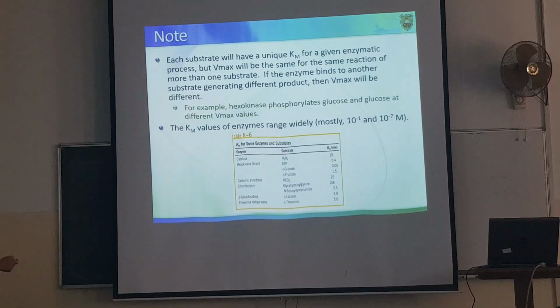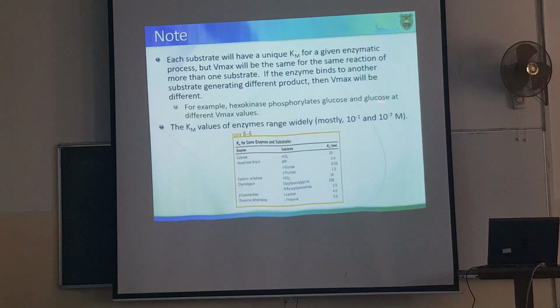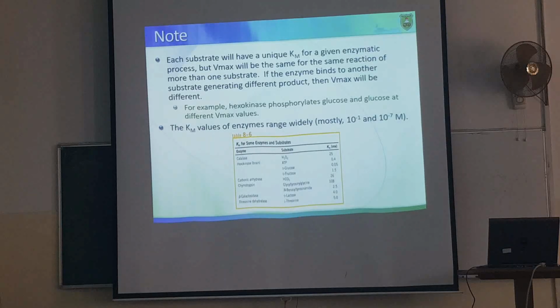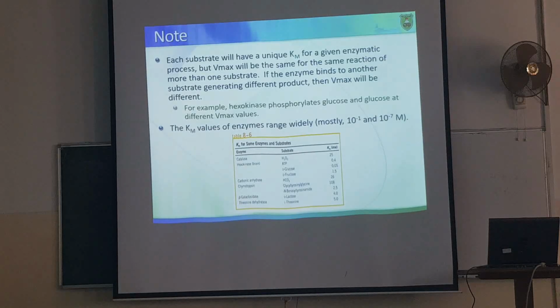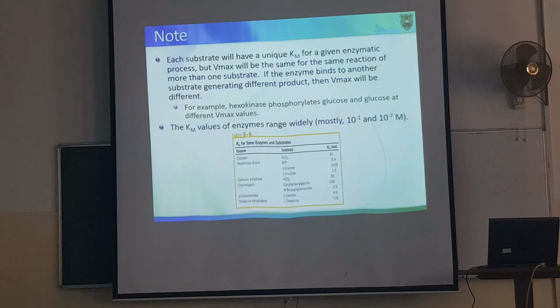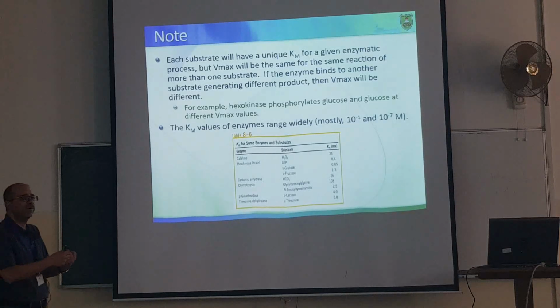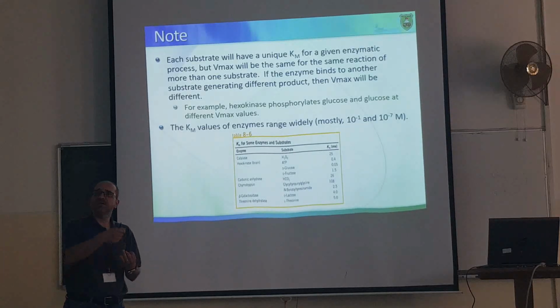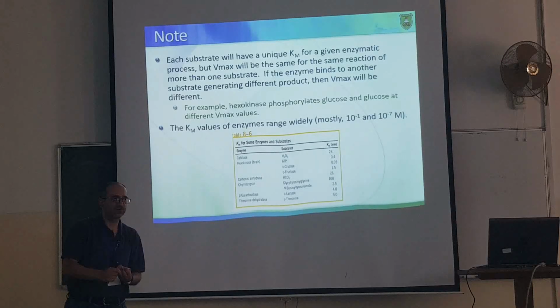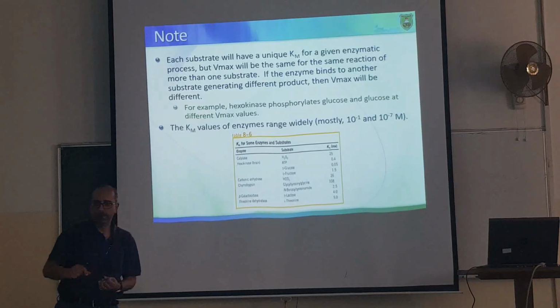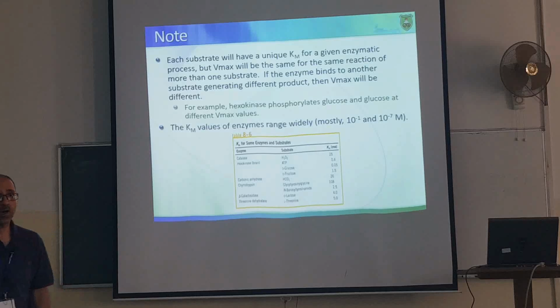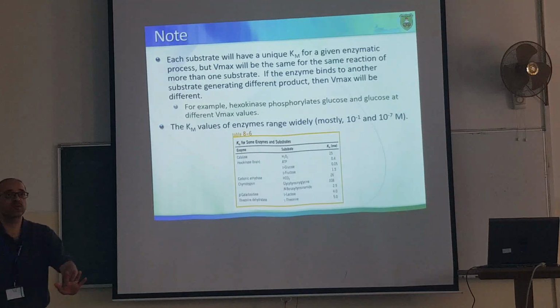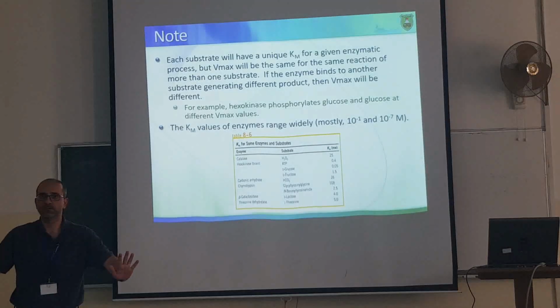طيب عندنا هون some enzymes have different KMs 10 to the minus 1 10 to the minus 7. مين اللي هو الهايست affinity؟ 10 to the minus 1 ولا 10 to the minus 7؟ 10 to the minus 7 لأنه I need very little amount of substrate عشان أعمل 50% من الأكتيف سايتس. I need very little of substrate عشان أوصل ل rate of reaction يكون half of Vmax. نعم. طبعا enzyme concentration لازم يكون ثابت. ما أغيره.